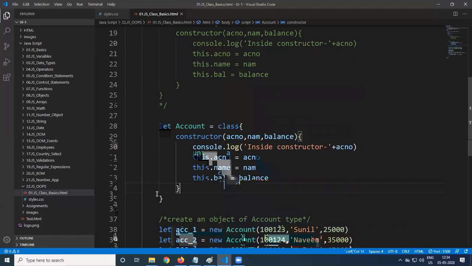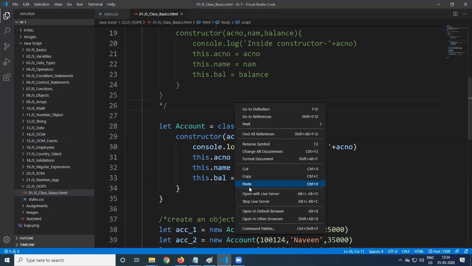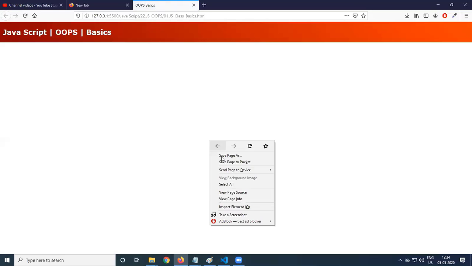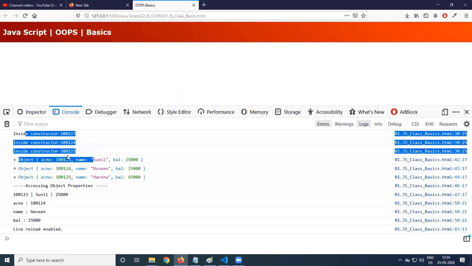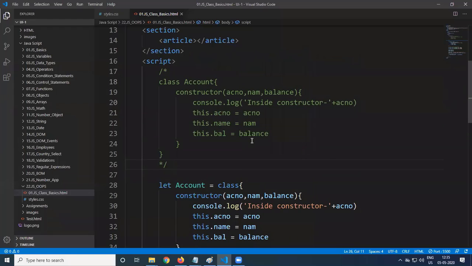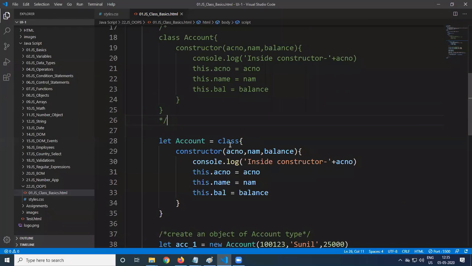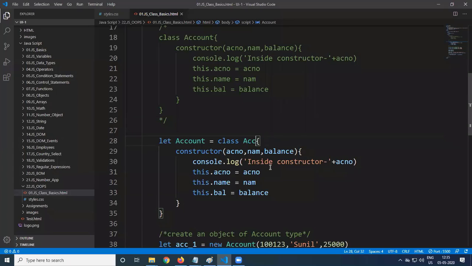So constructor we are giving, and you close this browser, run it once again and see whether it is working or not. Come to inspect element and console. Are we getting all? So 3 times the constructors are being called. Each object we are displaying and each object we are accessing the properties. One is directly and another is by using for in loop. So this is another way of creating a class. And if you want, you can provide class account also. Named way also we can provide. That's also correct. Named approach also can be given.